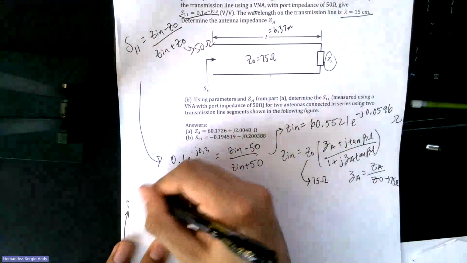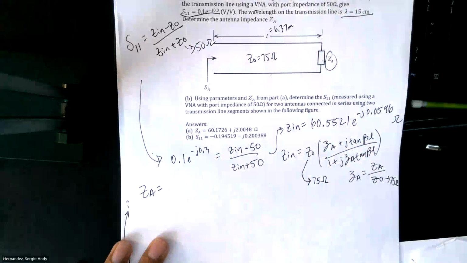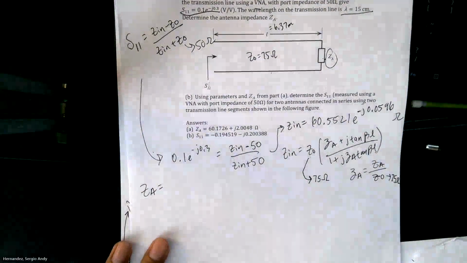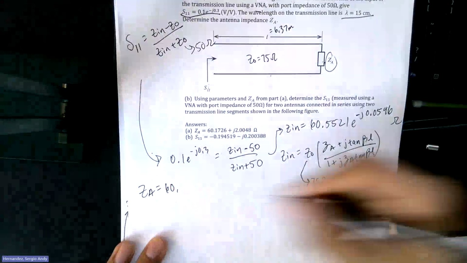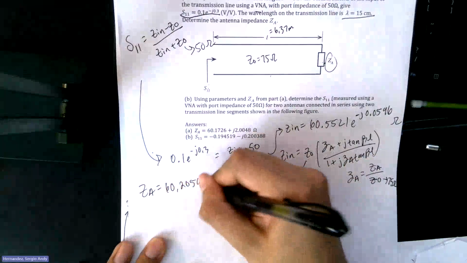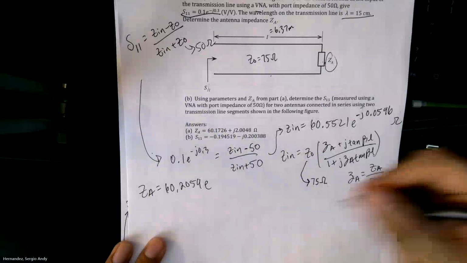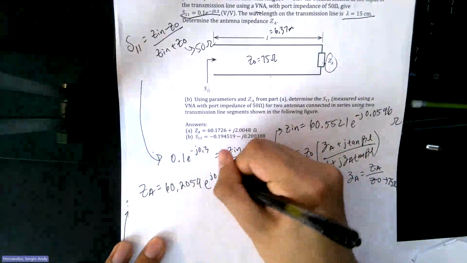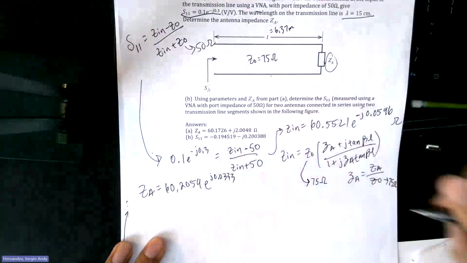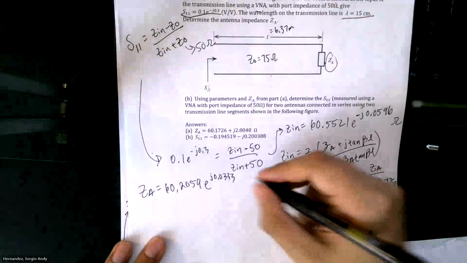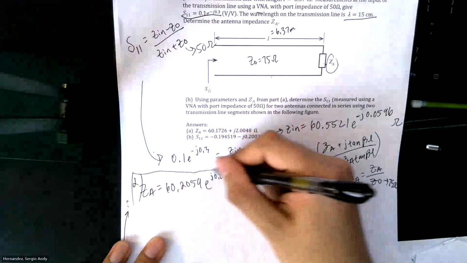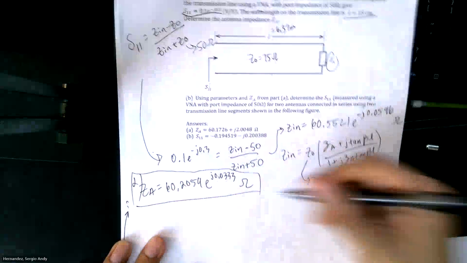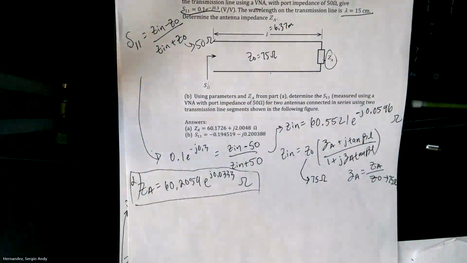Which will give you 16.2059 e to the j 0.0333. Right. So